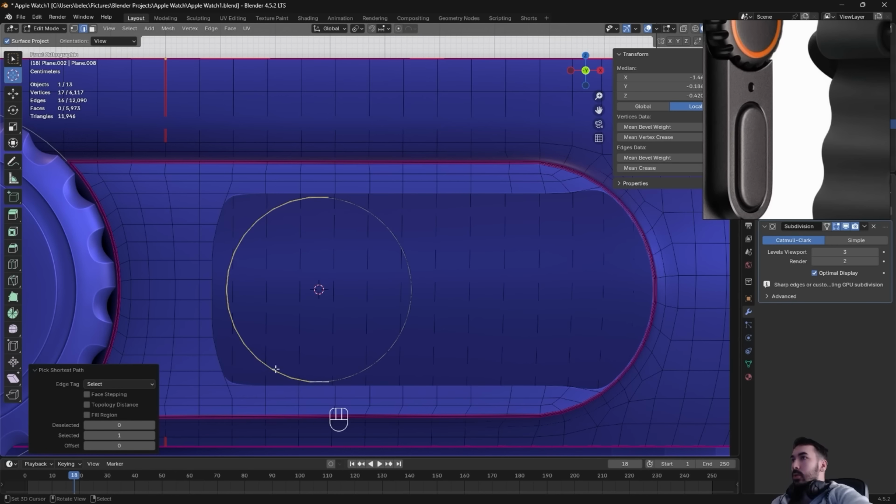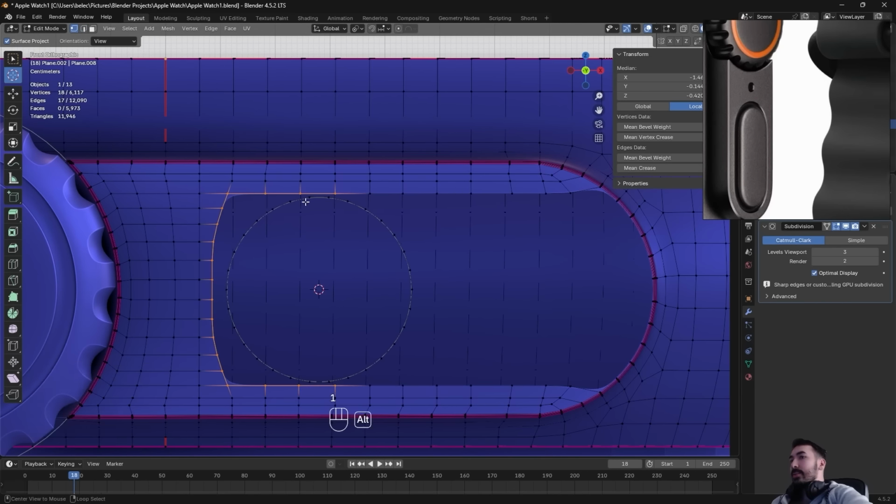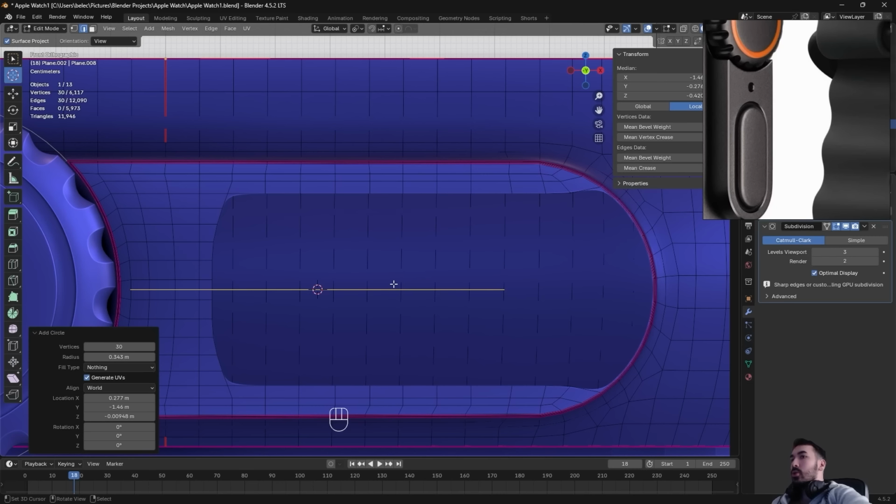So let's see, this here is now 16 edges and this here is probably going to be 17. So let's check. Yeah, that's 17, so we got to add a different circle. So get rid of this one, just add another one, Shift A, add a circle. Now these 17 edges here are more than half the circle because they include the edges on the middle, so